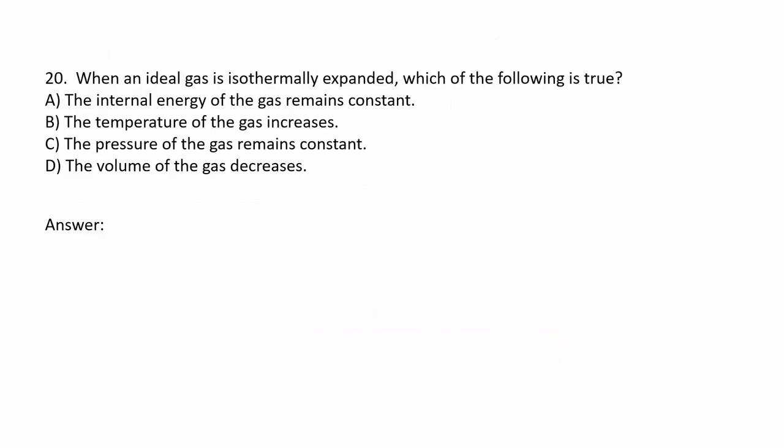When an ideal gas is isothermally expanded, which of the following is true? Letter A, the internal energy of the gas remains constant. Letter B, the temperature of the gas increases. Letter C, the pressure of the gas remains constant. And letter D, the volume of the gas decreases. The answer is